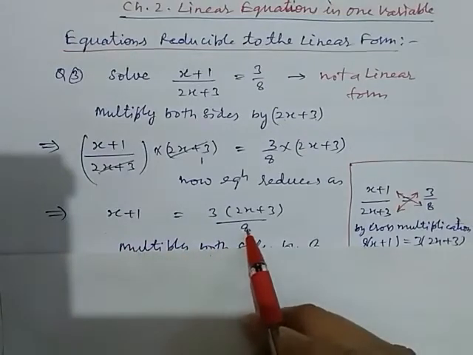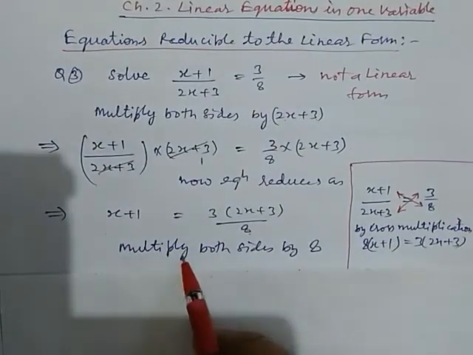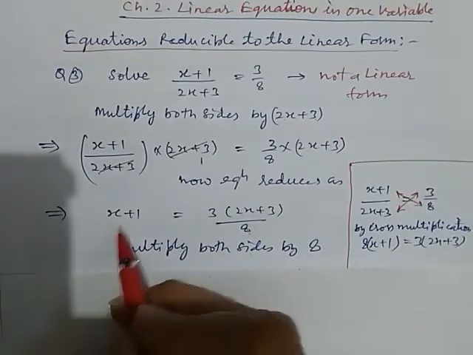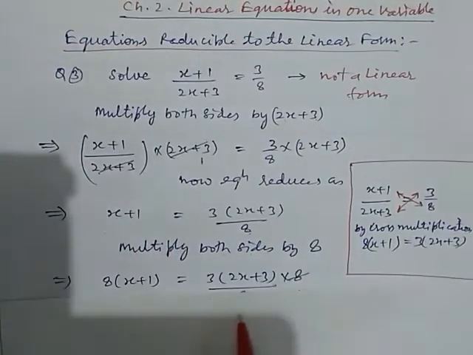Again we want to remove this 8. So what do we have to do? Multiply both sides by 8. Okay. So we multiply by 8. So it becomes